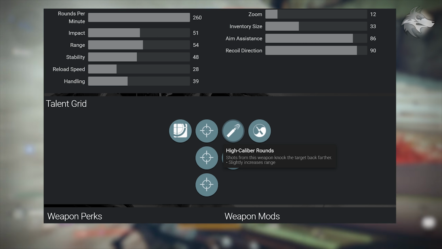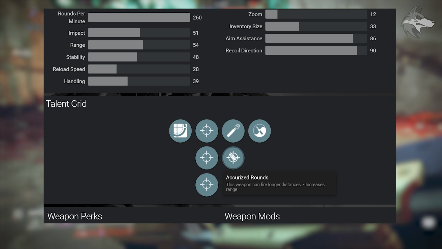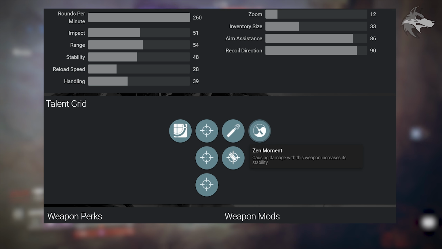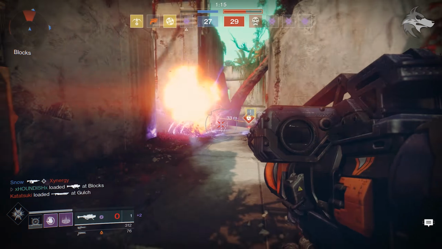We've got high caliber rounds, which is going to be pretty interesting on a sidearm, as well as accurized rounds to increase that range, also very beneficial. And finally Zen Moment, which increases your weapon stability as you cause damage. On the whole, it's a very good roll of this sidearm, but Dead Orbit does have a couple of interesting